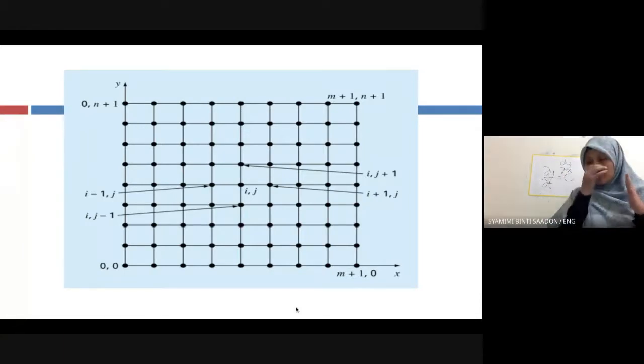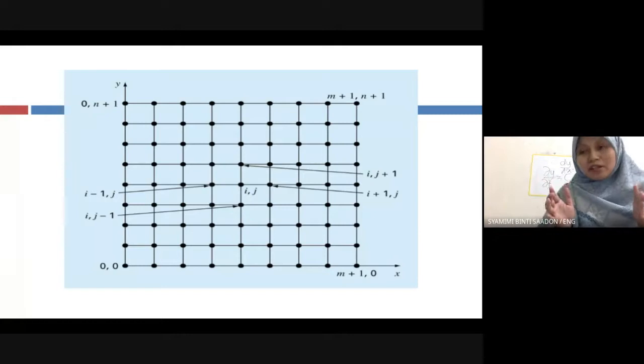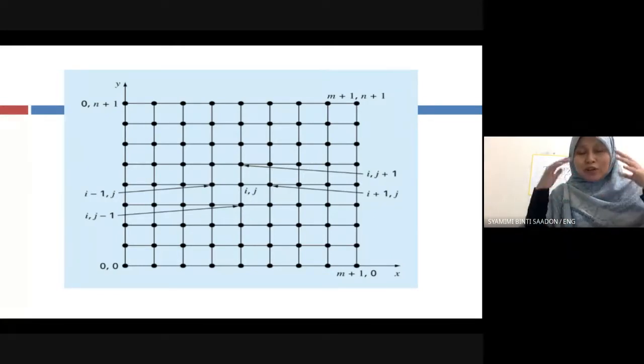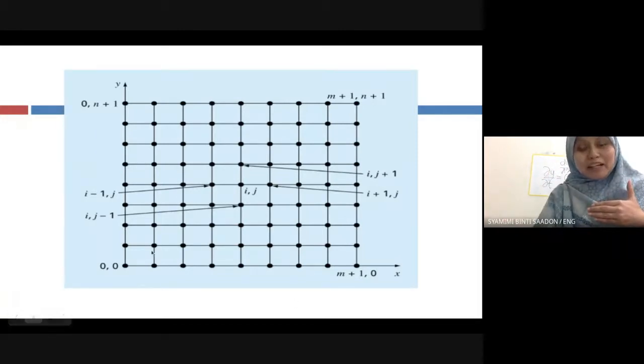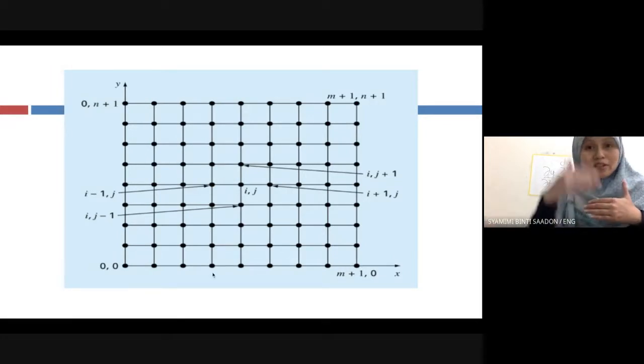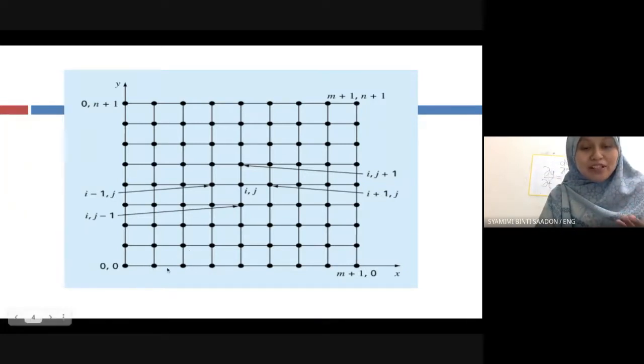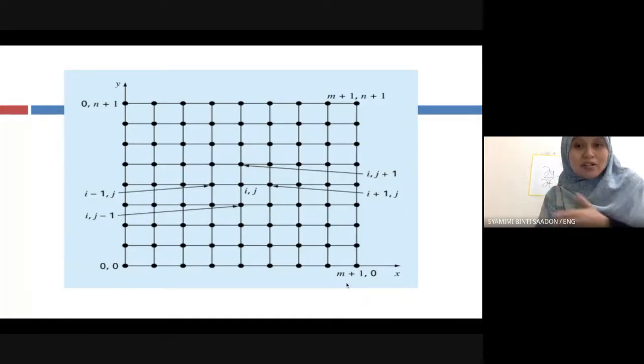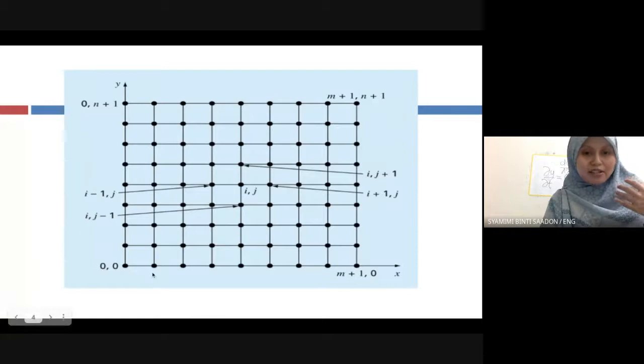So when we apply the PDE, partial difference equation method, we imagine that we are discretizing the heated plate into several nodes along the x and y axis, along the vertical and horizontal lines. We divide it into several nodes, which we call i and j. i is along the x-axis and j is the nodes along the y-axis. So if we choose a point at the center, point ij,